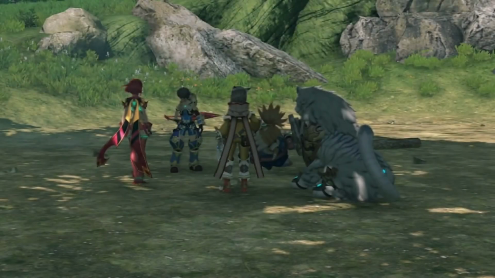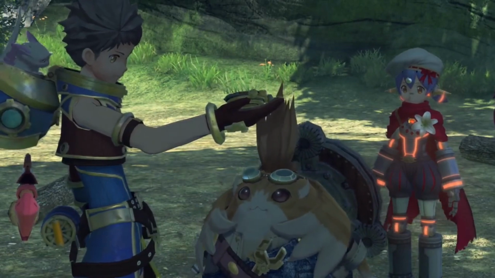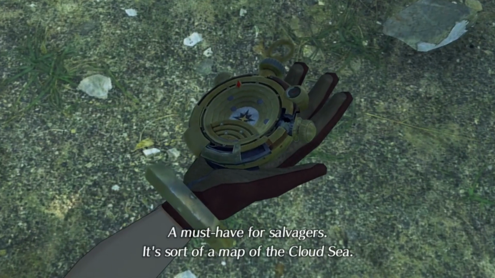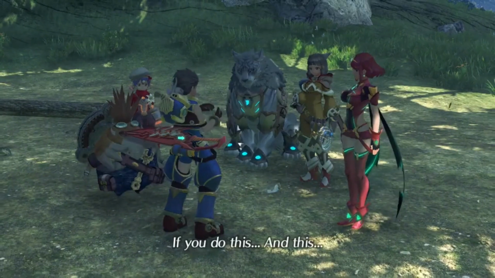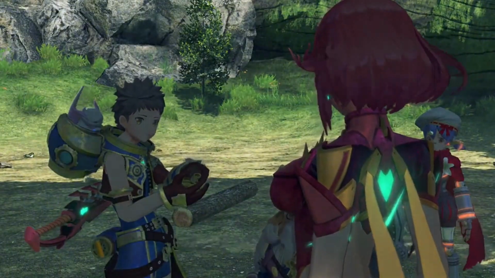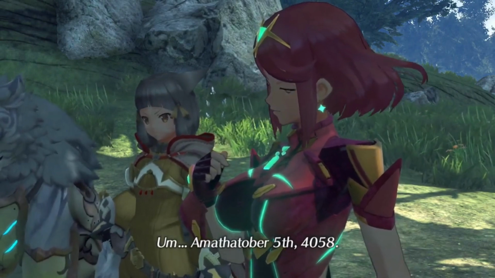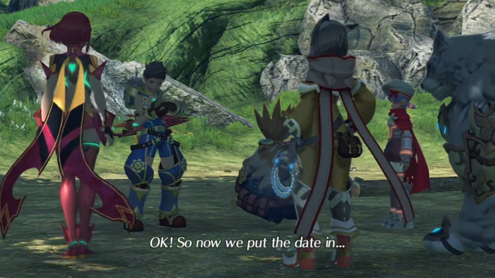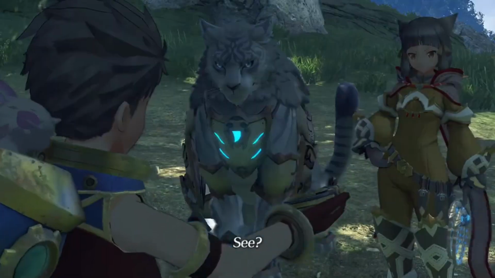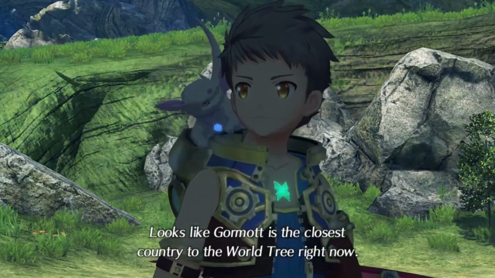Moreover, Pyra and Mythra's contrasting personalities create a fascinating dynamic. Pyra embodies compassion, warmth, and a nurturing nature, while Mythra represents strength, determination, and a hint of vulnerability. This duality adds depth to their characters, which allows for complex interactions with the other members of the game's cast. The development of Pyra and Mythra also explores